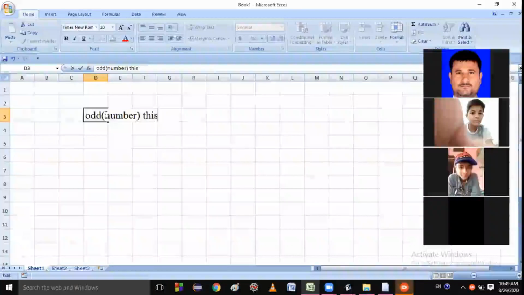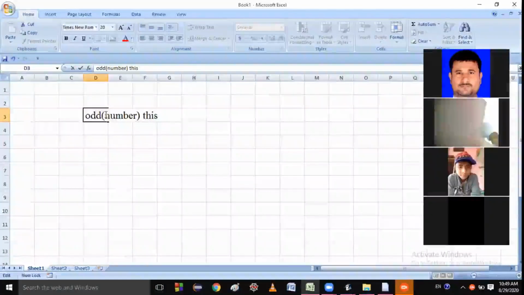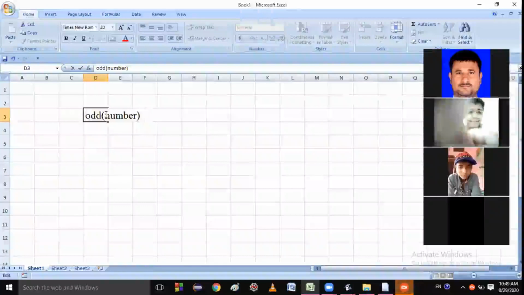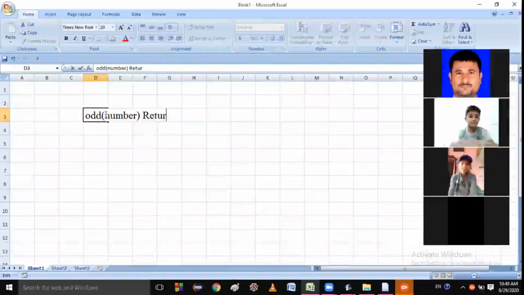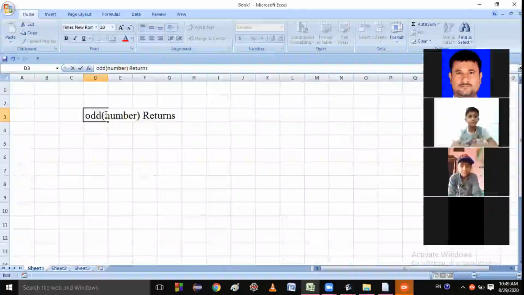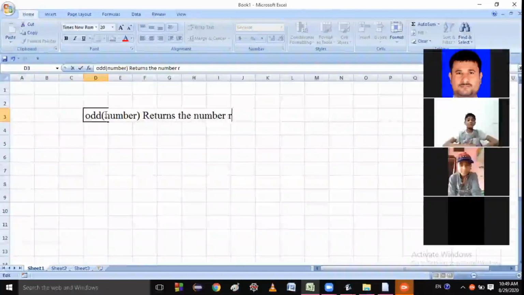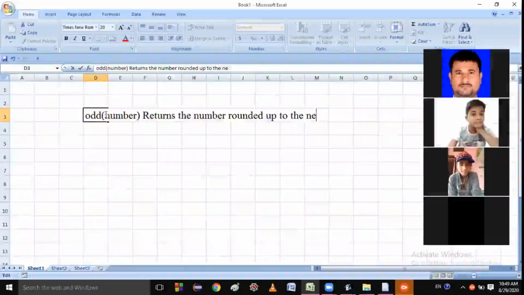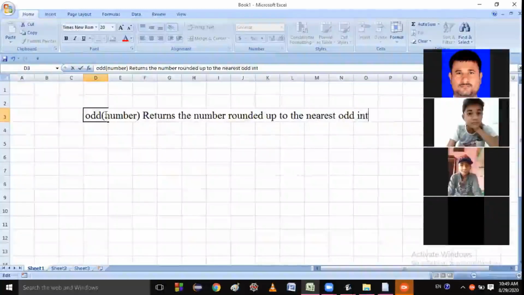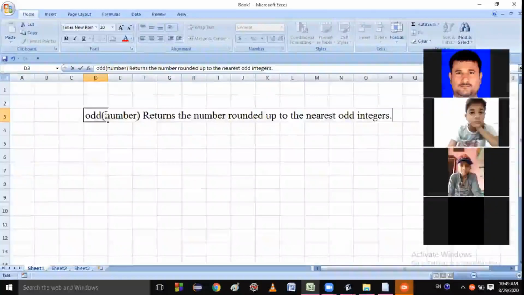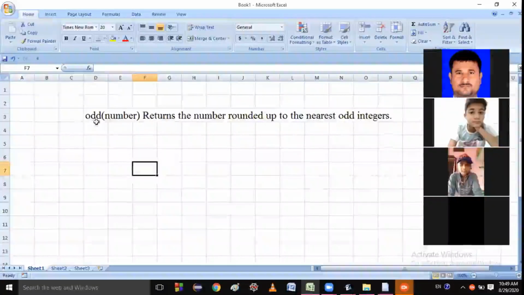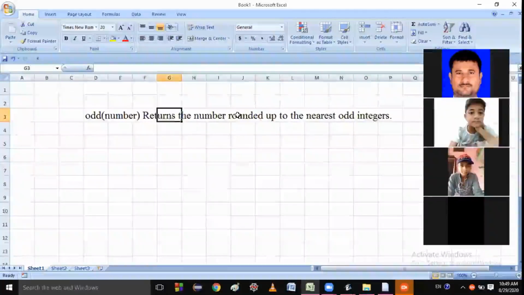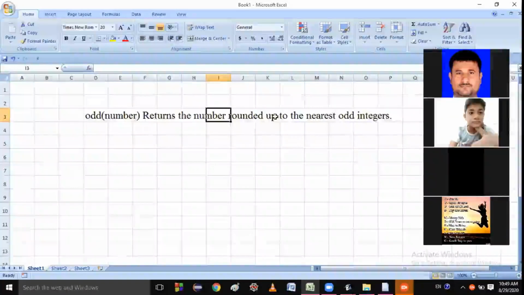It returns the number rounded up to the nearest odd integer. So the ODD function will take a number and return the number rounded up to the nearest odd integer.